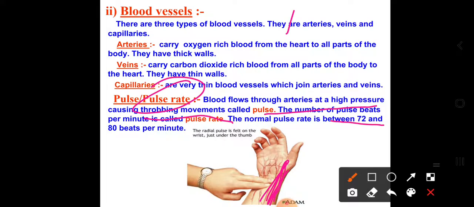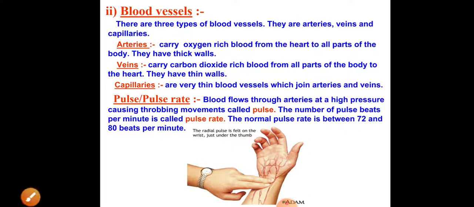And this pulse rate varies with the age group. Infants, as they are in continuous rapid development, have a high pulse rate. Whereas adults are not developing rapidly now, so the pulse rate falls. So according to the age group, there will be a variation in the pulse rate of these persons. Okay, children, in today's class we came to know what blood vessels are, the types of blood vessels, and the work that is done by the blood vessels. Okay, children, thank you so much.